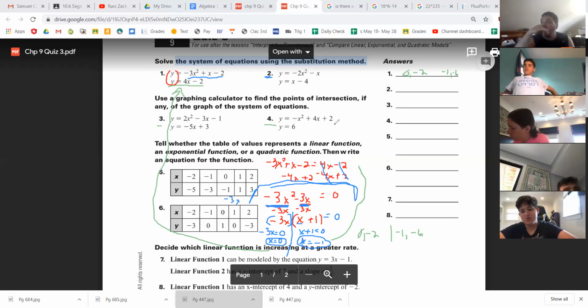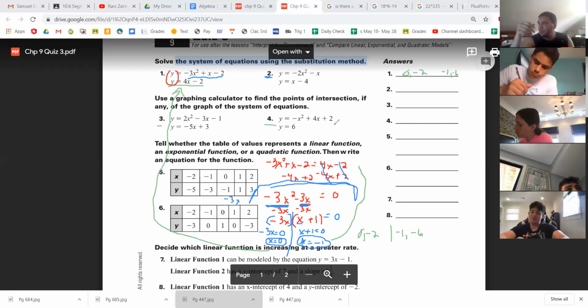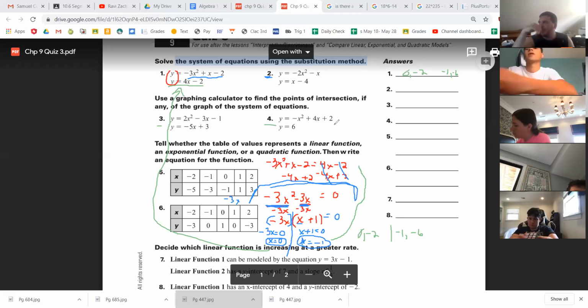All right, so everyone's going to do number 2. That's going to be tricky. 3 and 4 is more of the same thing. It's just asking if you want to use a calculator or not. But 3 and 4, it might not be clean, though. That's the only thing I'm not sure about. But you could just leave it as a square root if you did a quadratic. But number 2,